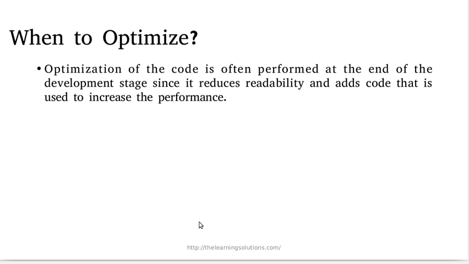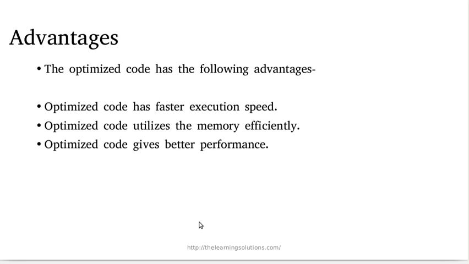Hence the optimization is targeted only after the development stage is completed. That means once the code is completed, then only optimization gets started. So this is the way. And at what level can we have the optimization? It can be local optimization, local blocks, or it can be global block optimization. We can perform the optimization at compile time as well as at run time. Also at the assembly time the optimization can be performed.